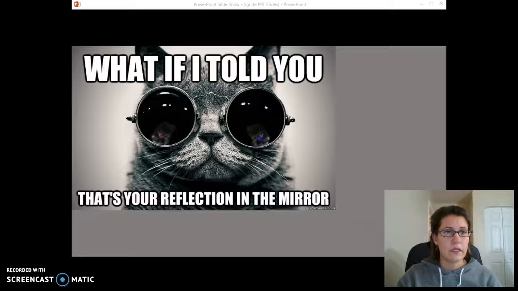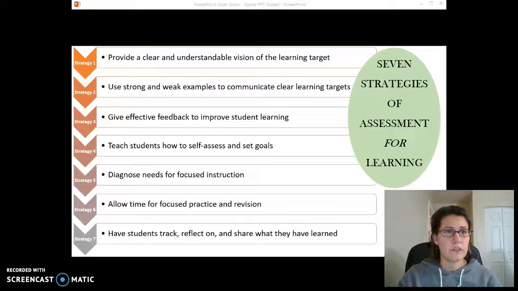Now, to recap, I described 7 strategies of assessment that teachers can employ to increase student learning. Strategy 1, provide a clear and understandable vision of a learning target. Strategy 2, use strong and weak examples to communicate clear learning targets. Strategy 3, give effective feedback to improve student learning. Strategy 4,